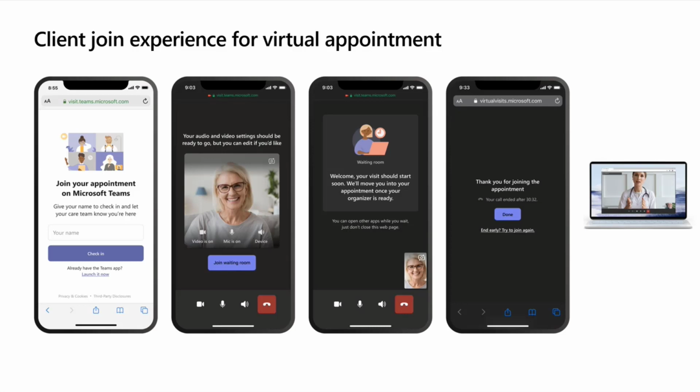Yeah, exactly. So as the host, you can use the standard Teams client and join the meetings just like usual. But this new link for the mobile browser join is really for the C2 end user, so the patient or the shopper, whoever that might be. And it really allows them to not have to download the Teams client, and it's a slightly more friendly interface for them to engage with. But yeah, exactly right. Providers can use the standard Teams experience in the client, and then this join is for the C2 users.